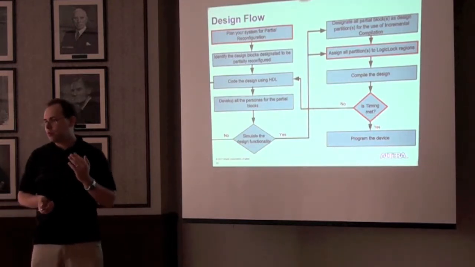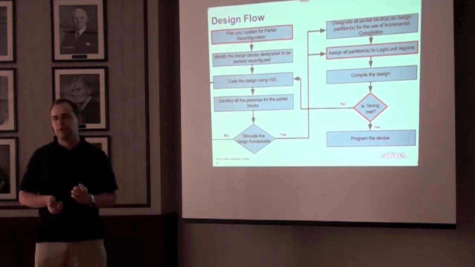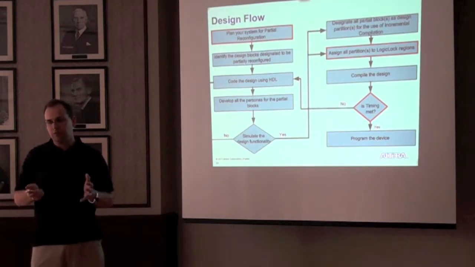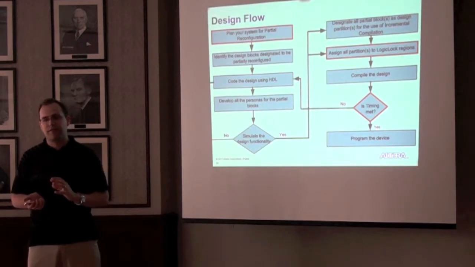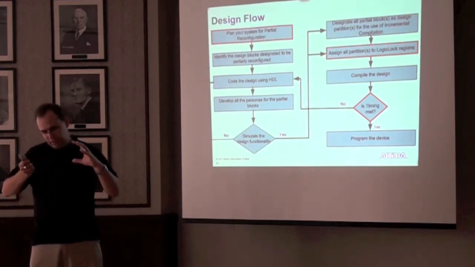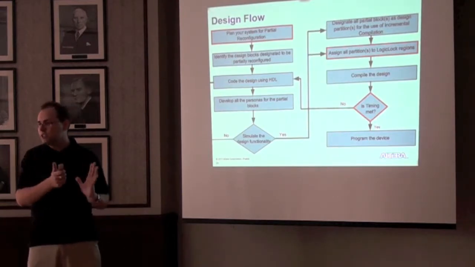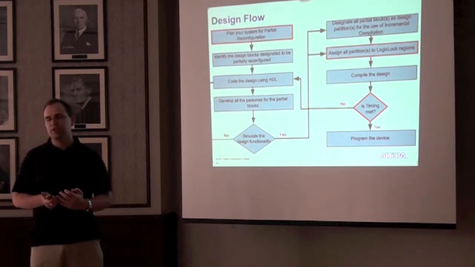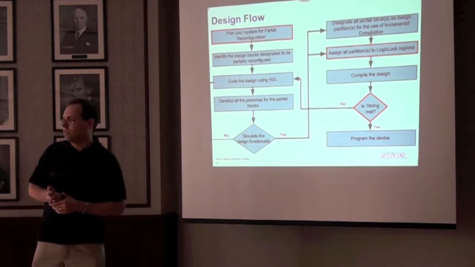So the first one, and probably most important, is that before you do anything, you must plan your system for partial reconfiguration. Floor planning is very difficult to do after the fact. And partial reconfiguration really requires figuring out which modules need to be swapped out and structuring both the HDL and the resources of the chip around the fact that you're going to be doing partial reconfiguration. You assign the partitions to logic lock regions,